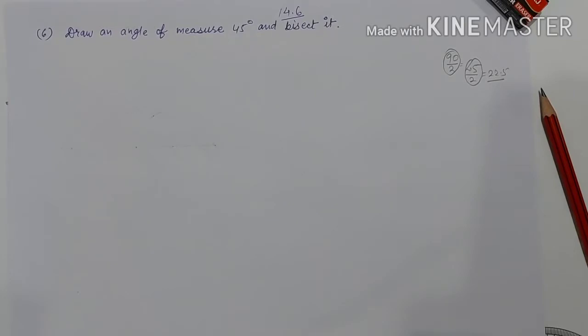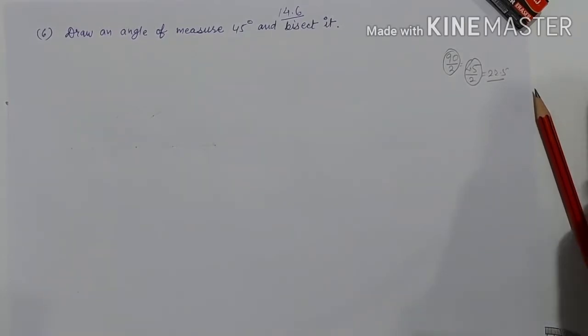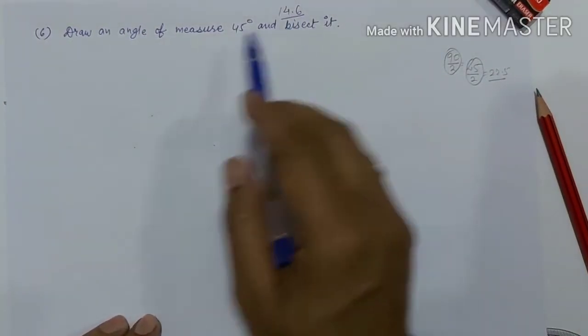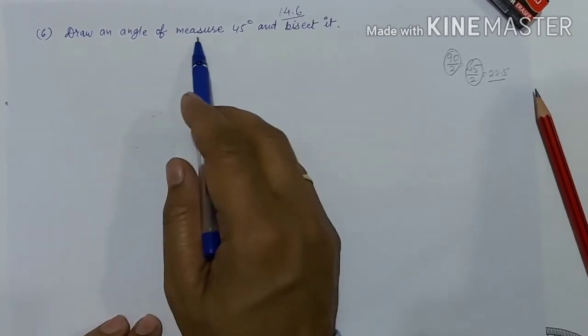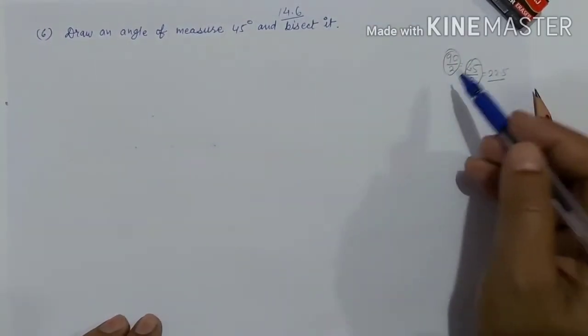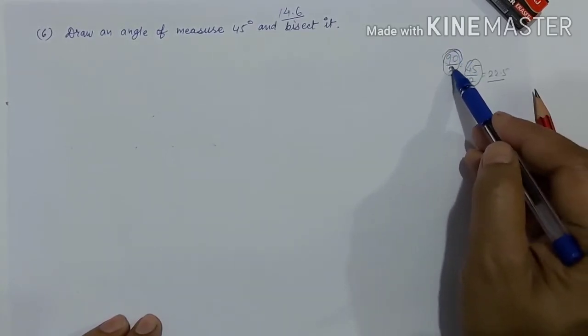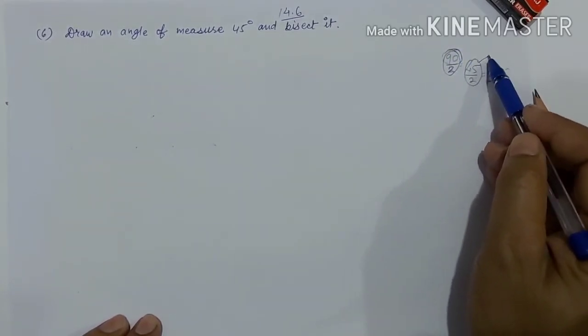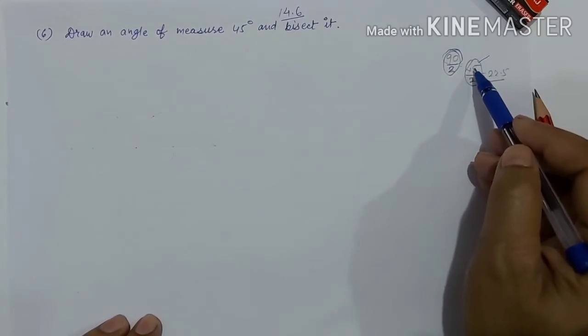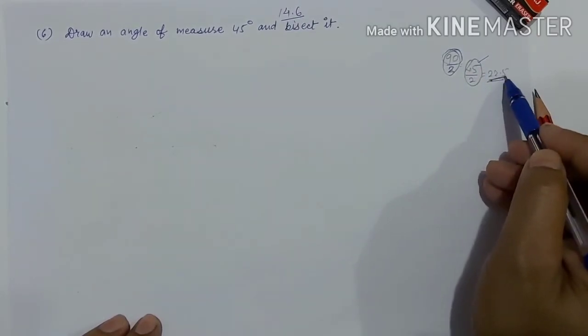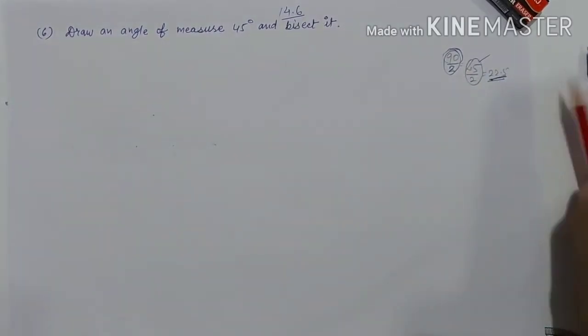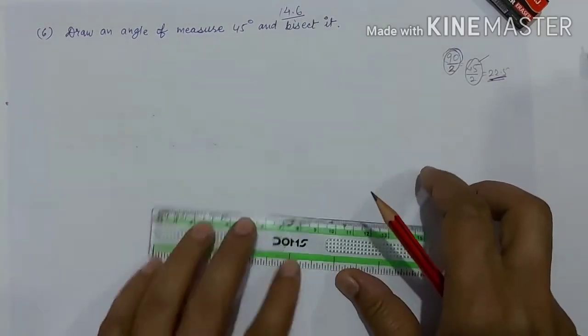Good morning students. Today will be exercise 14.6: draw an angle of 45 degrees and bisect it. First you draw an angle of 90, then bisect it to get 45. Now for the bisect of 45, each angle is 22.5. Okay, so now first we will draw